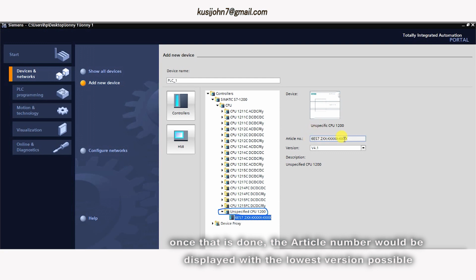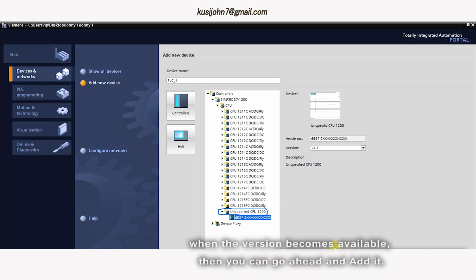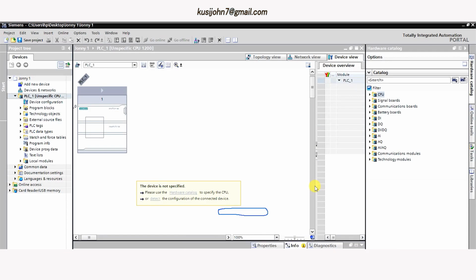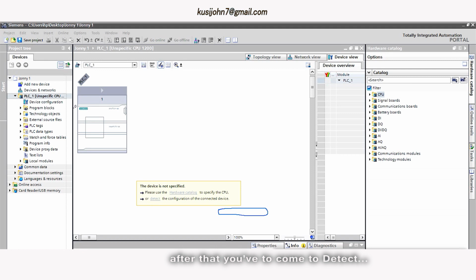Once that is done, the article number will display with the lowest number version possible. So once you have that version available for you, you can go ahead and add it. Then after that, you have to come to detect, because as you can see,